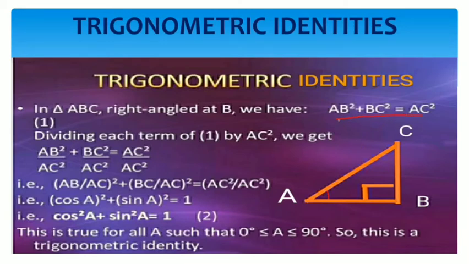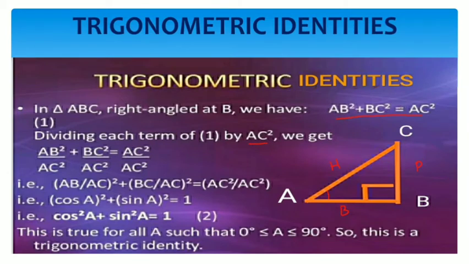So this is our Pythagoras theorem: AC square equals AB square plus BC square. Now we are taking it in terms of angle A. So the side opposite to angle A, that is BC, will be the perpendicular, and similarly the side adjacent to angle A will be the base, and this is our hypotenuse. Now we have obtained an equation with the help of the Pythagoras theorem. We will divide this equation one by one by the square of any one side of the given triangle. First, let me divide it by the square of the hypotenuse, that is AC square.